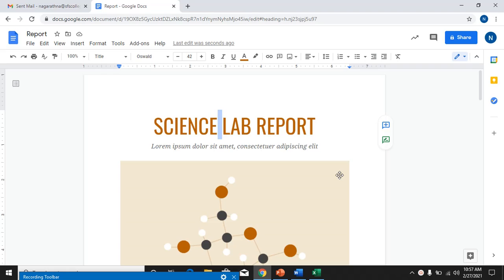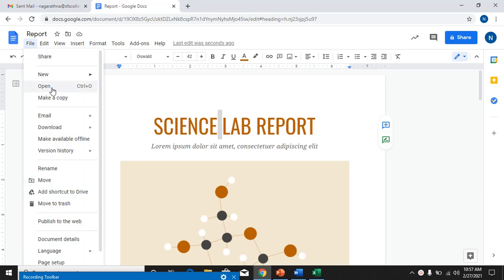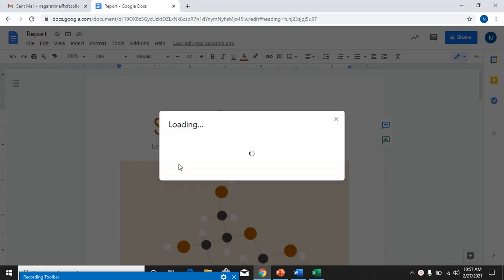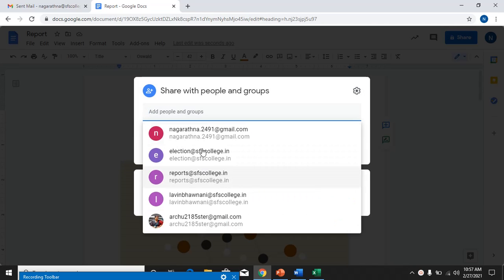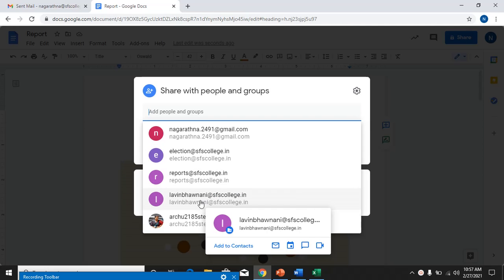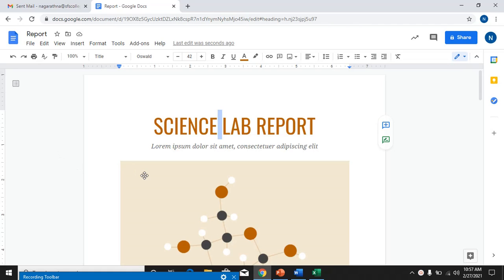So when I save, see, I can share with the people whom I want to share. Say I have various mail IDs. If I want to share this with Lavin, I can just click on it, so that they can access